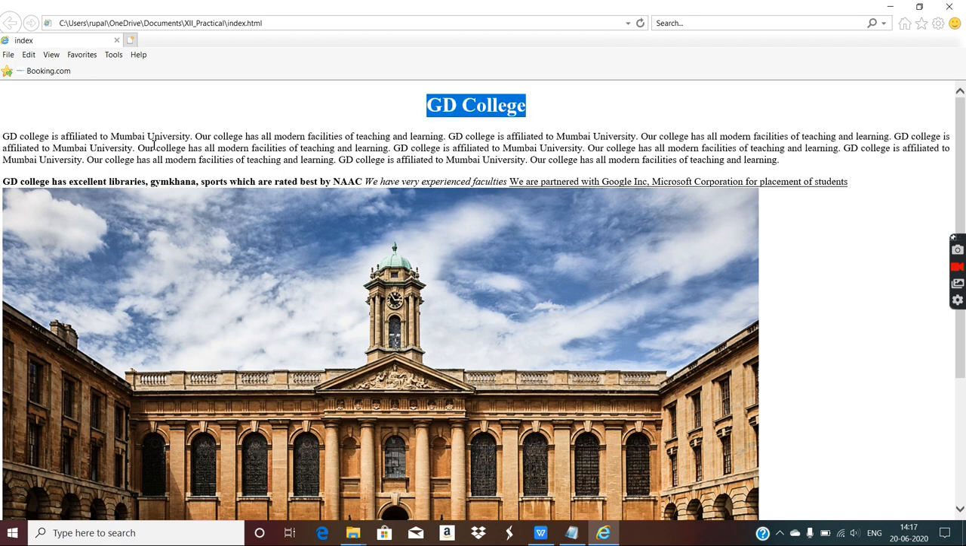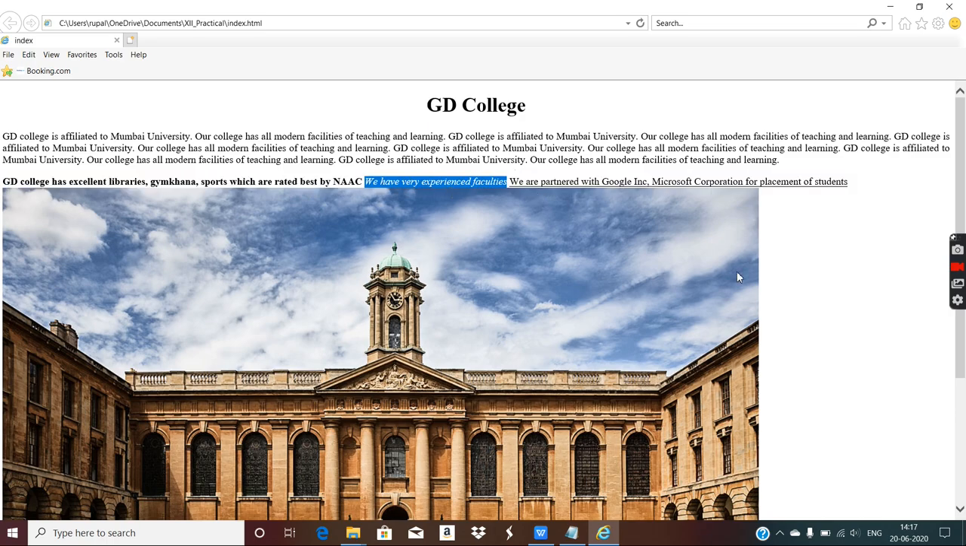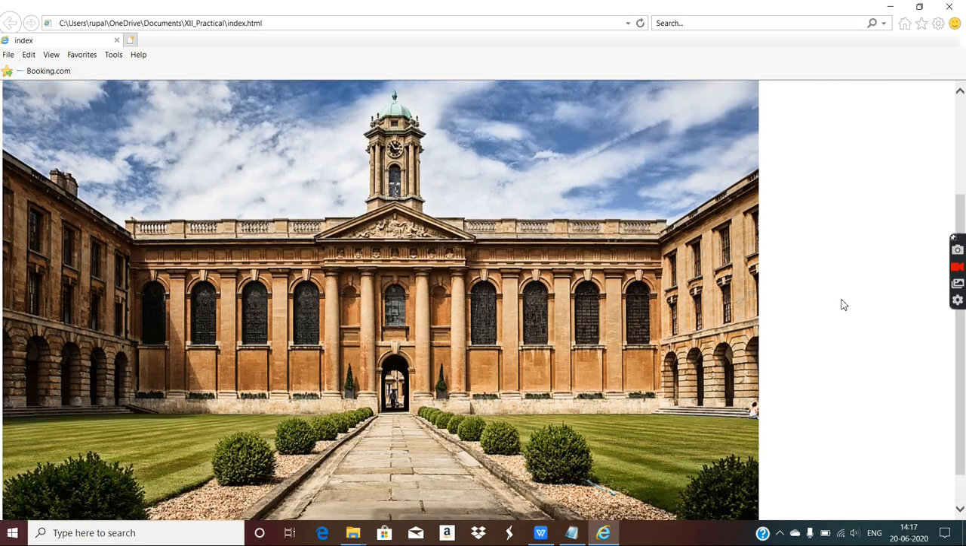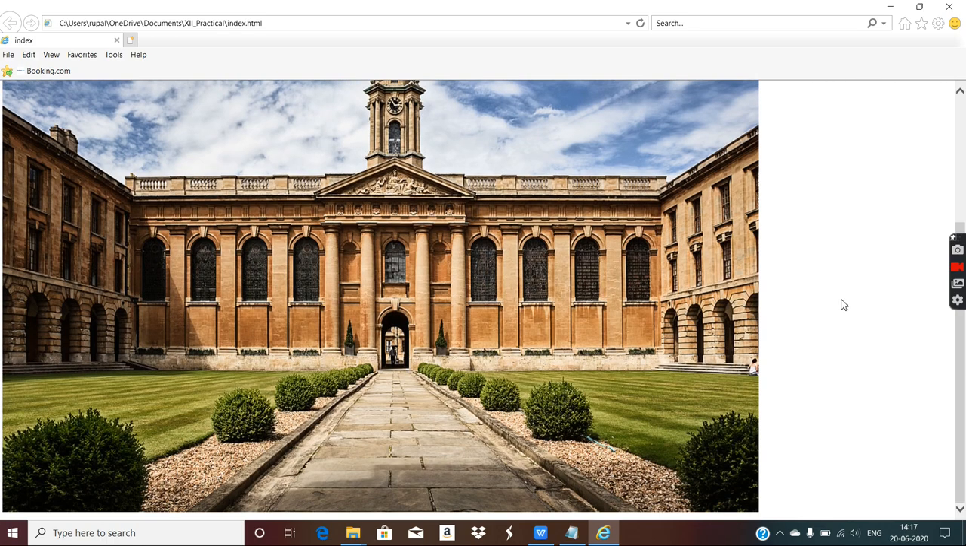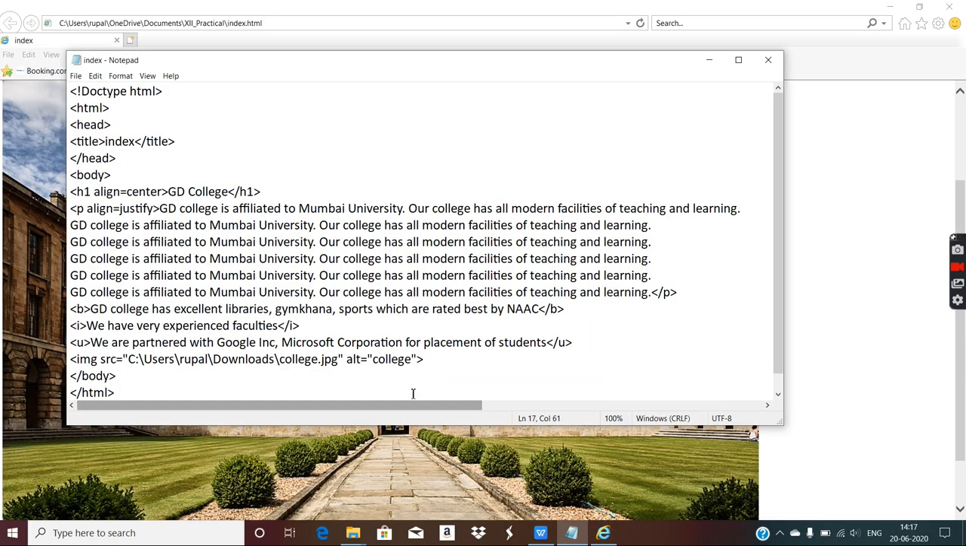Heading, paragraph, bold effect, italic effect, underline effect, and then we have the image. This image is a very large size image. So if you want to change the size of the image, I'll put the attributes. Height,